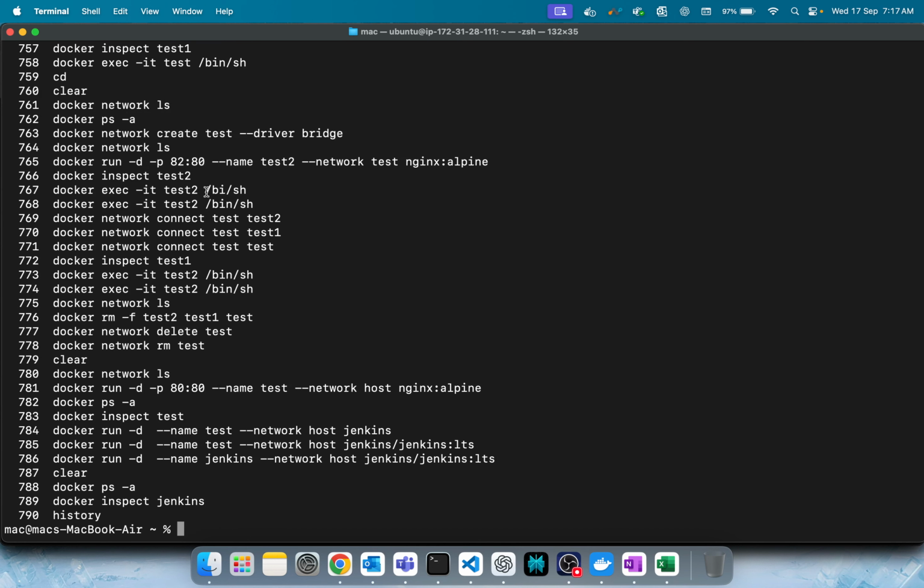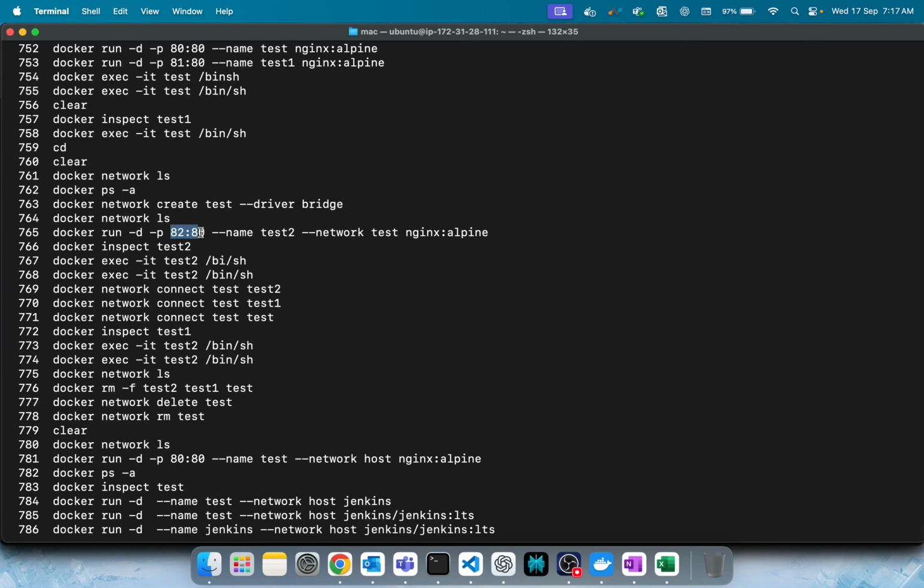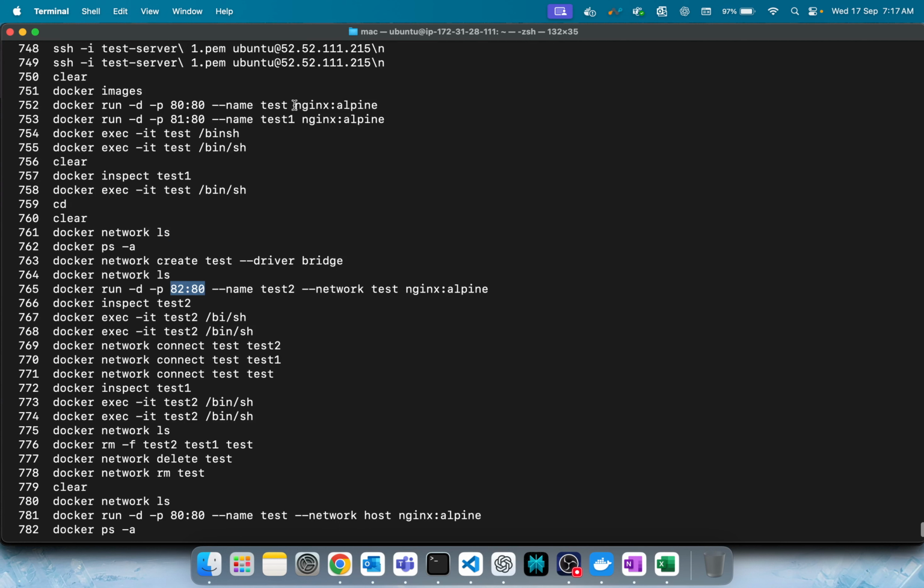We create multiple containers like this. Port number 82 we map like this. Same Nginx image, different port numbers we use to map it, because we used to run in a bridge network. So of course there's a Docker network. It means it provides isolation. But now it's host network. It means there is no mapping by default. Port 80 will be taken. It depends on the image. Now you cannot run another container with the same image